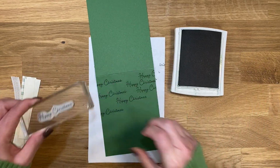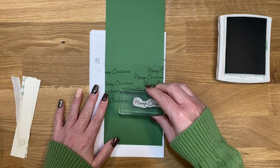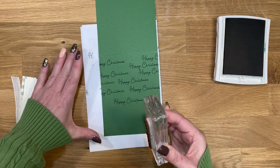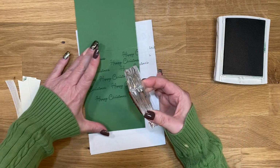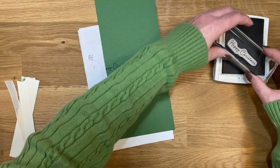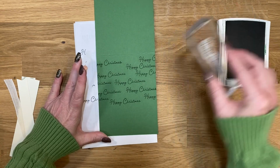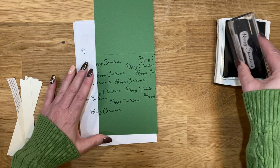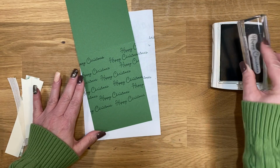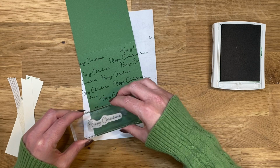I'm going to put a little piece right like that. And then we'll do this one. And then you can go in again with the full sentence. And then let's do that. I'm just trying to make a nice background. I think I'll do that one up there. And then we'll do this. And then here, I'm going to do the whole thing again. And then I think I'll do, let's do